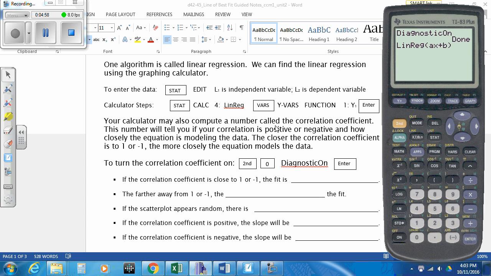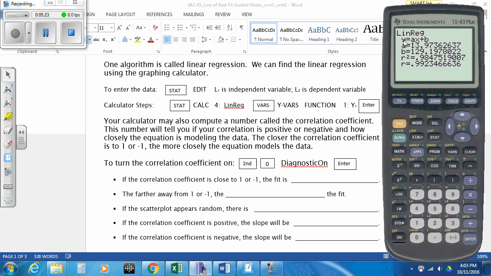And then what you're going to do is hit VARS, and it's going to be Y-VARS, which is here at the top. It's another tab. Hit it over, hit Function, enter, and then Y1, and you're going to hit enter. Okay. Boom. So what we're going to do is hit enter. It's going to compute